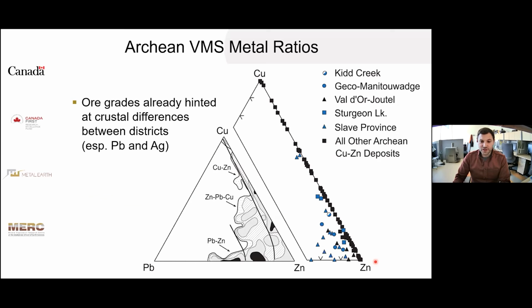deposits. However, there are a number of Archean districts that are notably enriched in lead and silver, for example, including nearly all of the deposits in the Slave Craton, the Sturgeon Lake Greenstone Belt, Chibougamau, Val-d'Or, Manitouwadge, Kidd Creek. They're all plotting well off the copper-zinc line here. This strongly hints at crustal differences, such as early arc-like assemblages or cratonization compared to more primitive greenstone assemblages. And the differences are matched by the lead isotope data that we've seen earlier in the week during the Craton